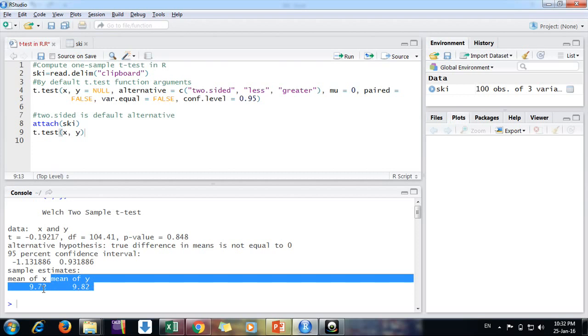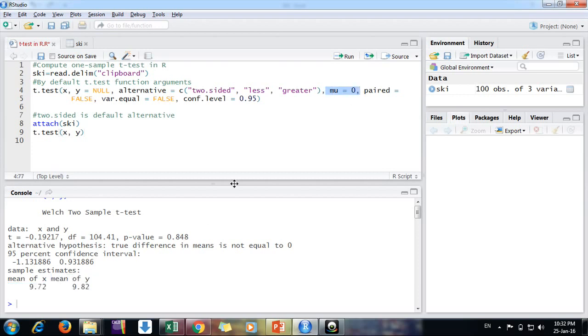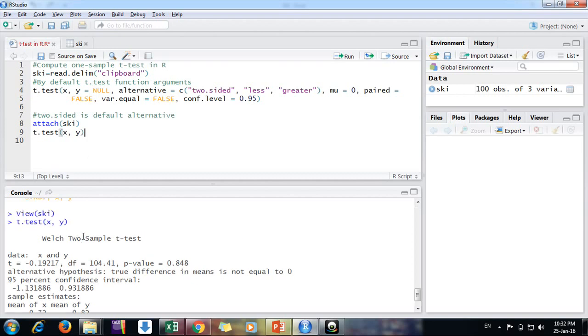Are they statistically different or not? The assumption is that the hypothetical difference between means is 0. The t value we are getting here is minus 0.09, and the p-value is 0.84.